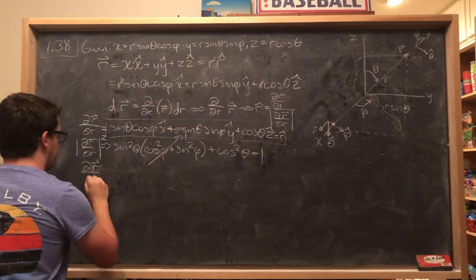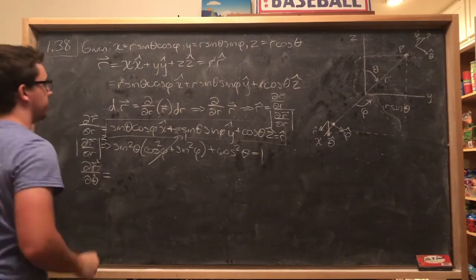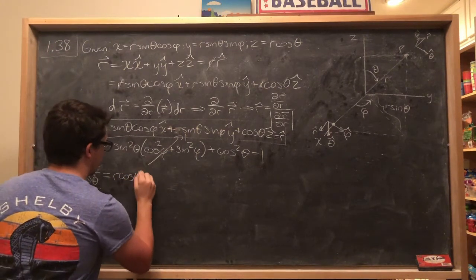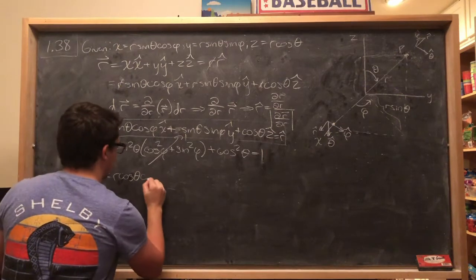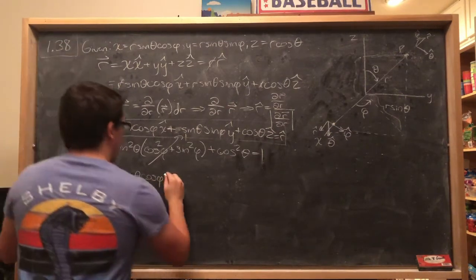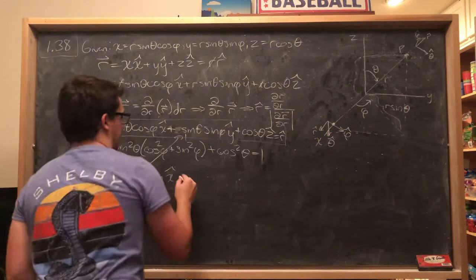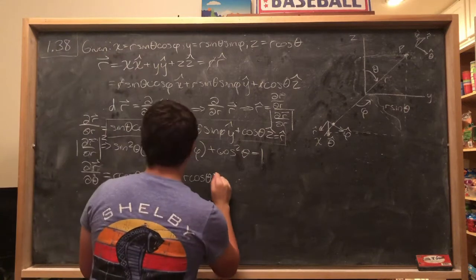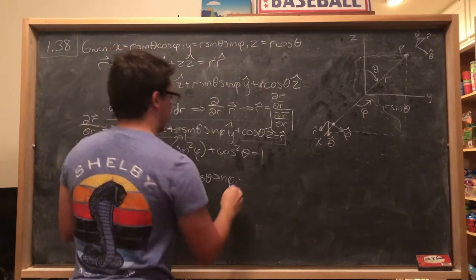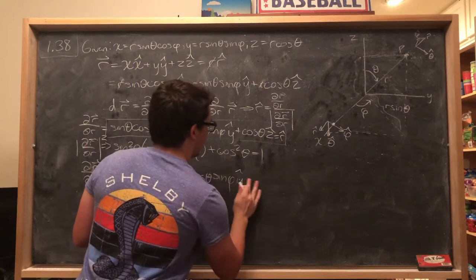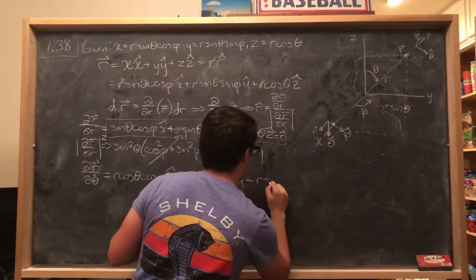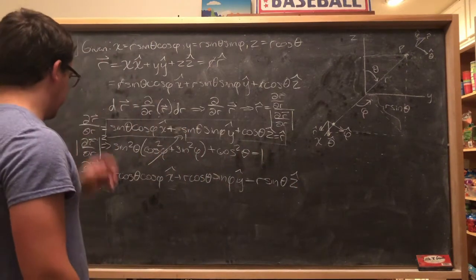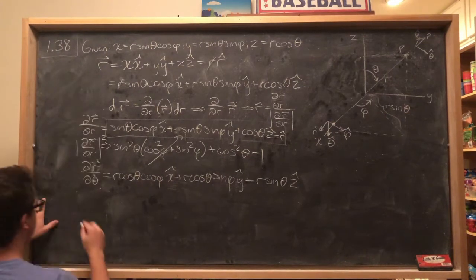We differentiate the position vector with respect to theta, and that would give us r cosine theta cosine phi x hat plus r cosine theta sine phi y hat minus r sine theta z hat. And so then to get the magnitude of this,